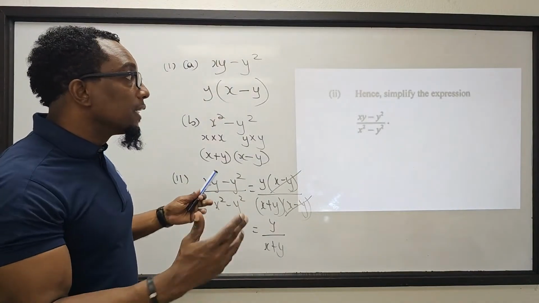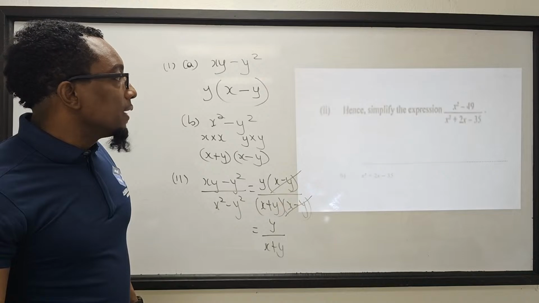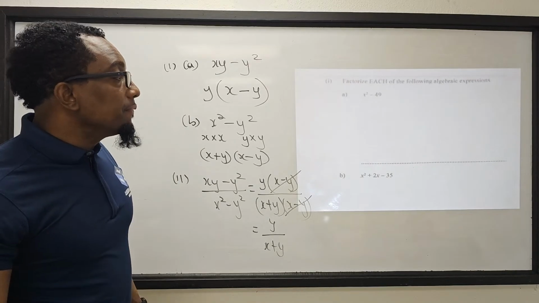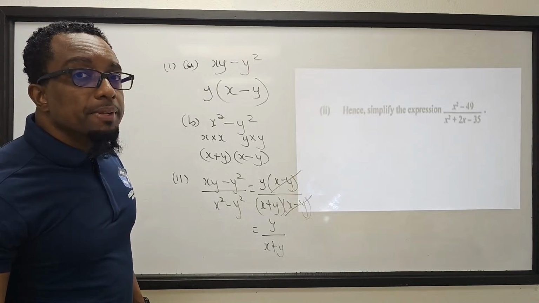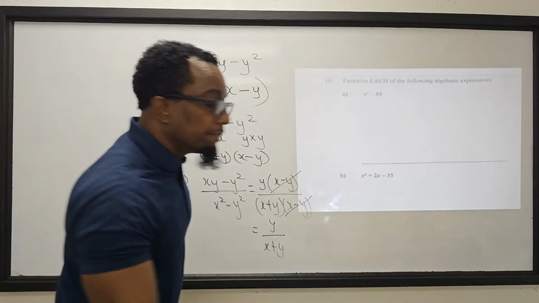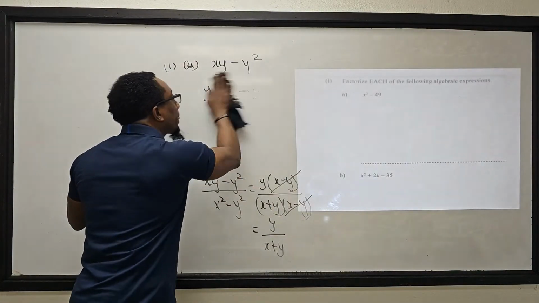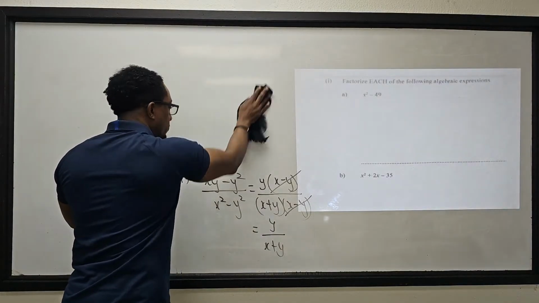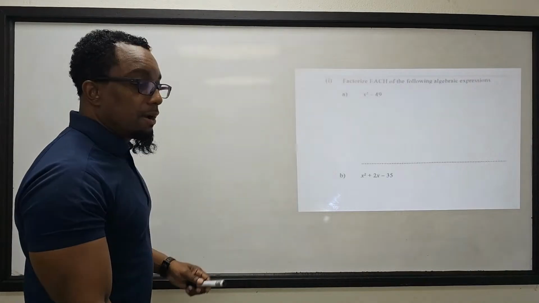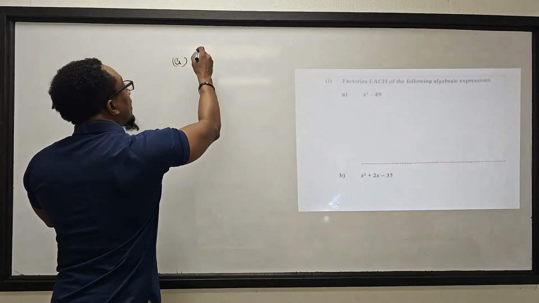So merging simplification and factorization. So let's look at this here as well. Factorize each of the following and hence simplify the expression. So the same concept. Let's factorize each of the following and then simplify. So again, understanding how important factorization is. A, factorize